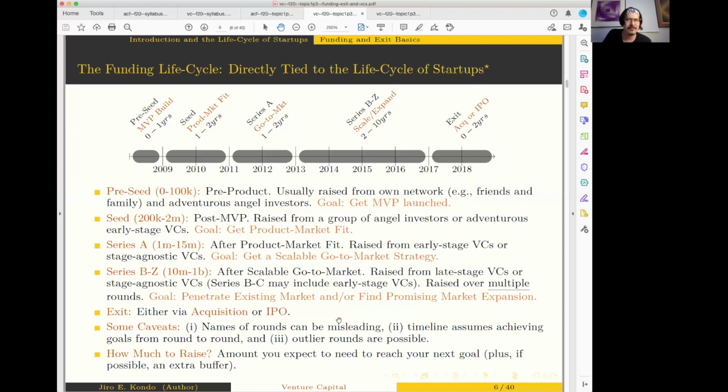By the way, another thing I'll mention is that what I'm saying is relatively current. Think of these numbers as kind of accurate from the 2015 to 2020 era, right? These numbers and the labeling have changed a bit over time.